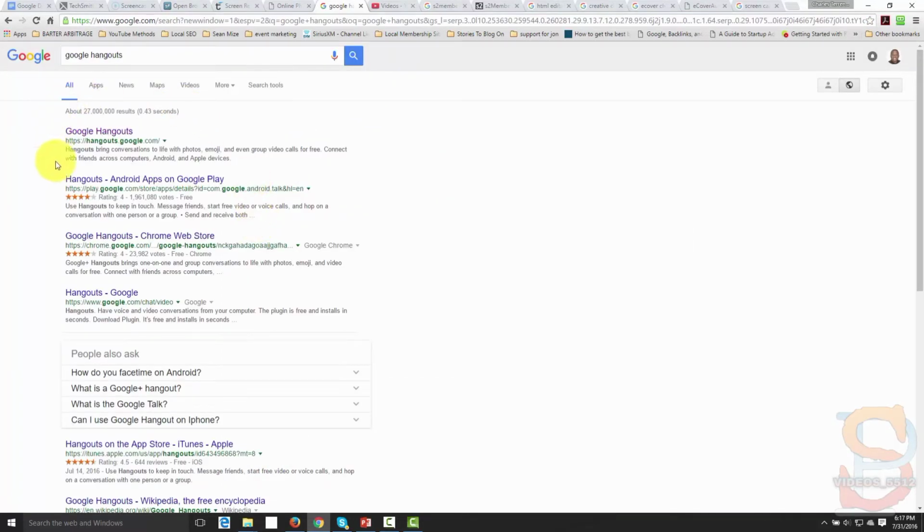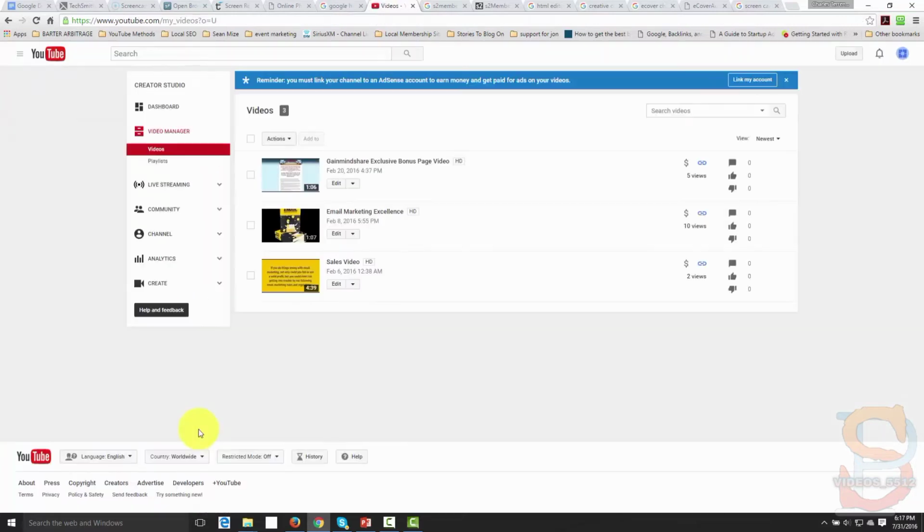Another way to create screen share video, you can actually do it on Google Hangouts. Google Hangouts is free. You can actually take the video that you get from Google Hangouts and then use it once you start the editing process. You're going to record your Google Hangouts, you're going to do your screen sharing, and then your video is going to appear inside of your YouTube channel. And you'll see it here, and then all you'll do when you get to the YouTube channel, you'll just click that download MP4 and you'll be able to download your video,